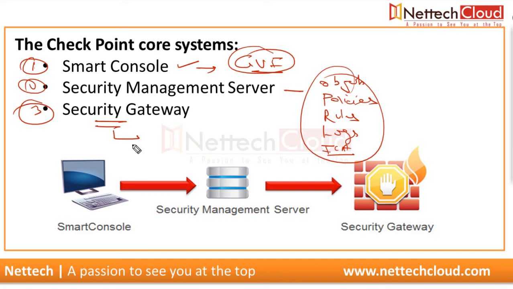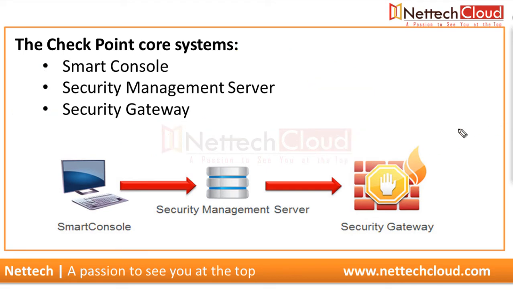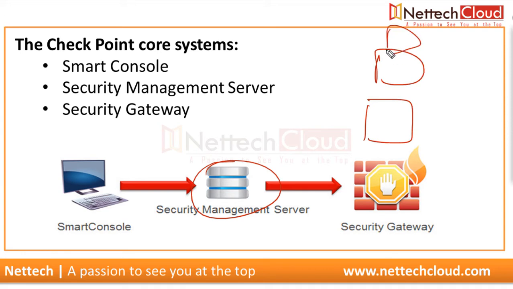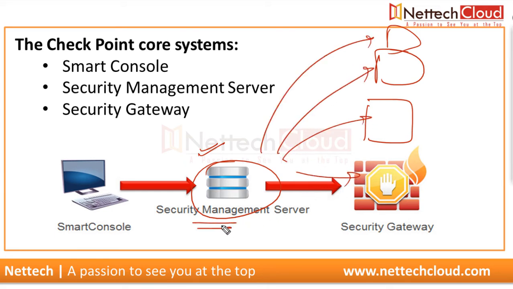And what about the security gateway? The security gateway is the firewall, right? It does routing, encryption, decryption, security enforcement, VPN termination, everything. So what about the redundancy? Let us assume that there are two, three, or four different firewalls, maybe at different locations, and this single management server is used to manage all the security gateways, right? From a single management server, all security gateways are going to be managed.